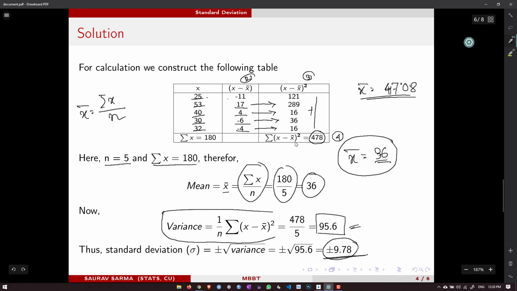For that reason we have modified the formula of variance and standard deviation so that we don't have to do such big calculations. Let's go back to that formula, how we can restructure the formula for variance so that it reduces the amount of calculation. So we will explain that using the formula for frequency distribution. So variance